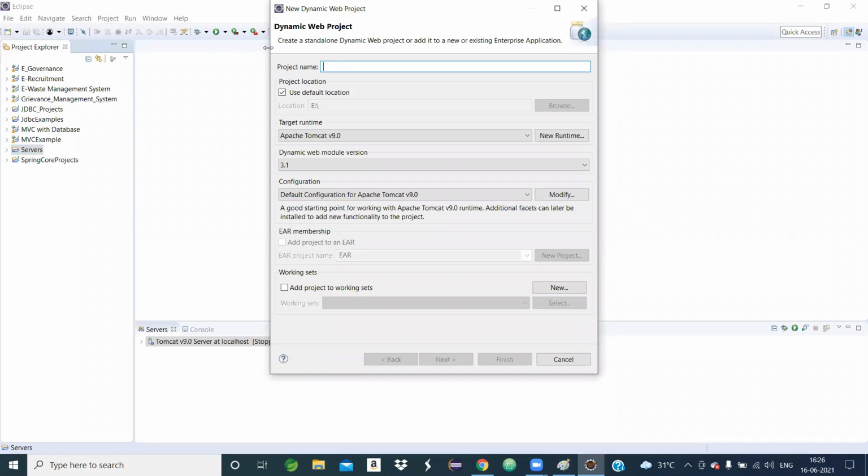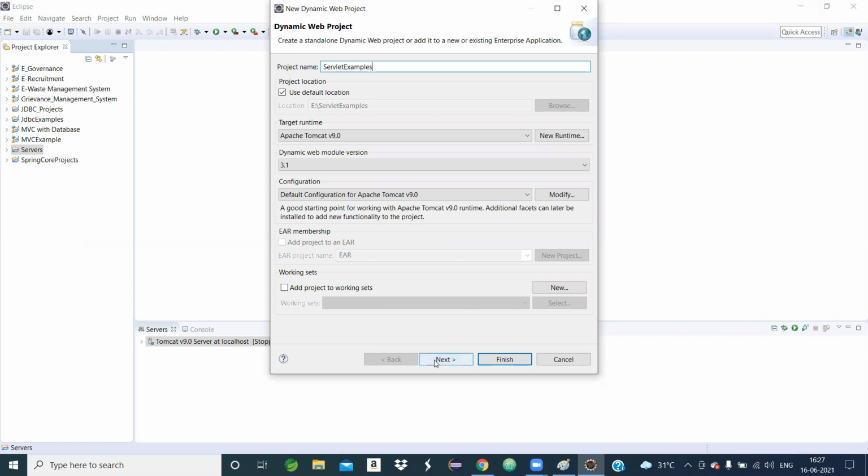Okay, so what I did, file, new, dynamic web project. Suppose the project name is, whatever you give, suppose servlet examples. Whatever you give as the project name depends upon you, this is completely user defined.